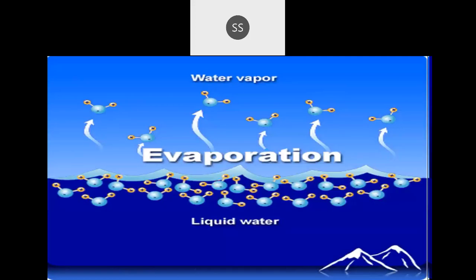The first thing you need to know is what is evaporation. Now, what do you mean by evaporation? You might have learned this in your high school also. You can see this picture which I have put here. Evaporation. It is self-explanatory actually. You can see here you have a liquid, and this liquid is going in the form of a vapor. They are just getting converted. So if a liquid gets converted into a gas, that process itself is called evaporation.